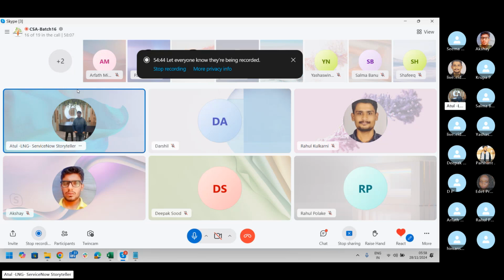Like in my team, let's say I have 5 developers. I give one story to each developer. So they will create an update set for one story. A simple example, Rahul, why I'm saying this: